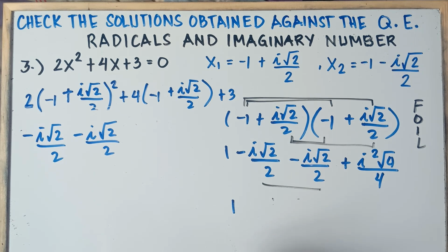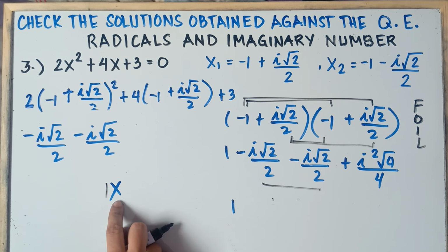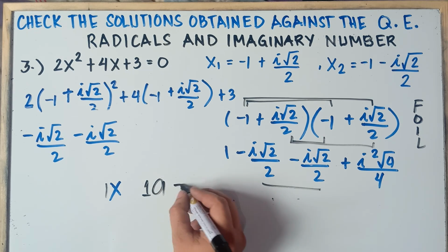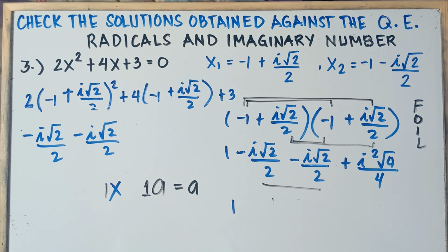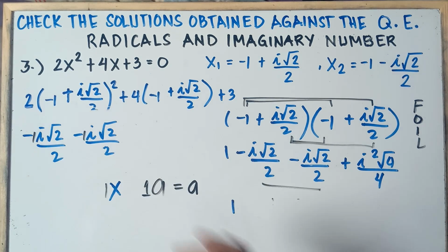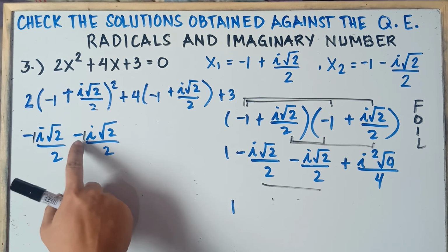Now, once again, class, for any variable, example x, understood, class, any variable, there is a numerical coefficient of 1. There's 1 here before this letter x. Example a, understood that there's 1 here. a is just the same with 1a. So, therefore, for i, class, understood that there's 1 here. So, therefore, negative 1 combined with negative 1.